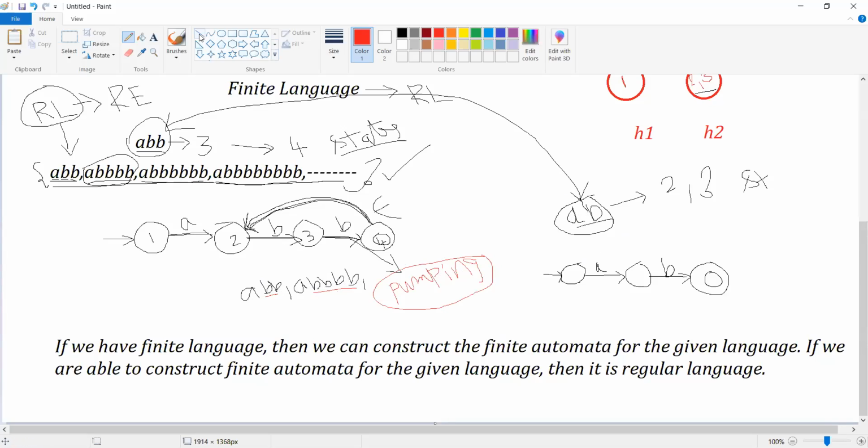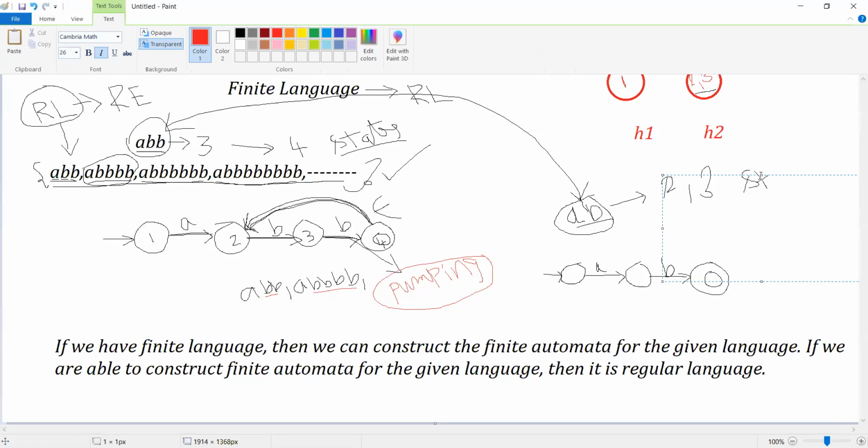Now let us observe one more example over here. Now we have taken something like AB. I want to accept the language something like ABB, then ABBB, then A with 4 Bs, and so on and so on.